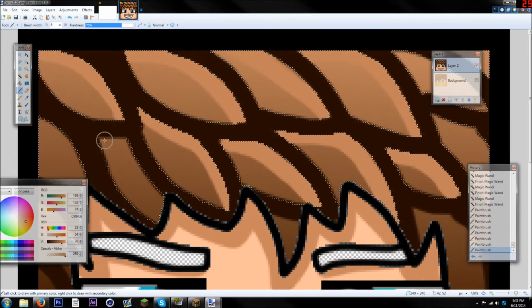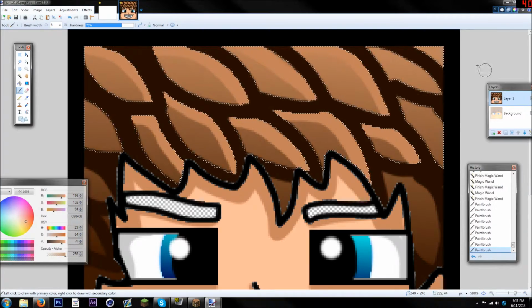It's not rocket science. It doesn't need to be explained. But this definitely makes it look 10 times better just by doing this. This is the one thing that just makes the artwork look so much better. Yeah, okay, I can't do that bit there, but once you've done all those, you need to deselect it,